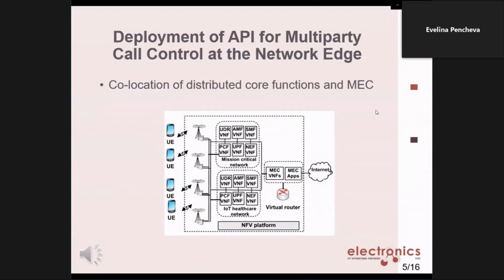Distributed core network functionality can be deployed by virtualization of core network functions and customized to specific requirements using the technique of network slicing. Mobile edge applications for mission-critical and machine-type communications, which are run as virtual machines, as well as the mobile edge platform, which provides mobile edge services, can share the same network function virtualization platform.